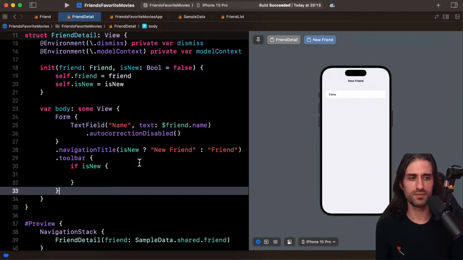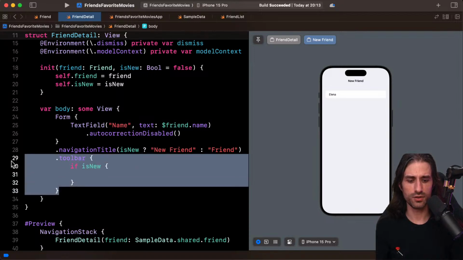If you wanted to have an empty toolbar displayed, you could always do it, I guess, by putting maybe an empty view or just a group that is empty, and this way maybe you would get something. Let's see. Actually, you know what? I'm going to comment this out because I want to see if the preview changes.